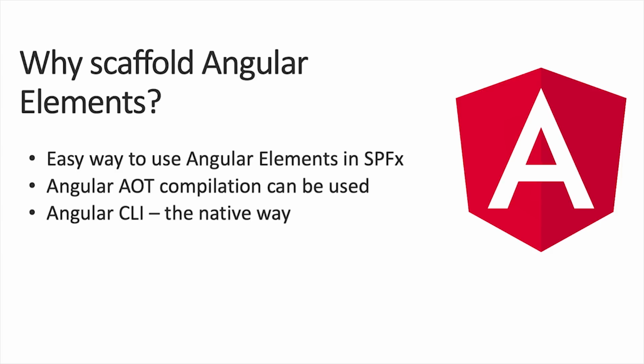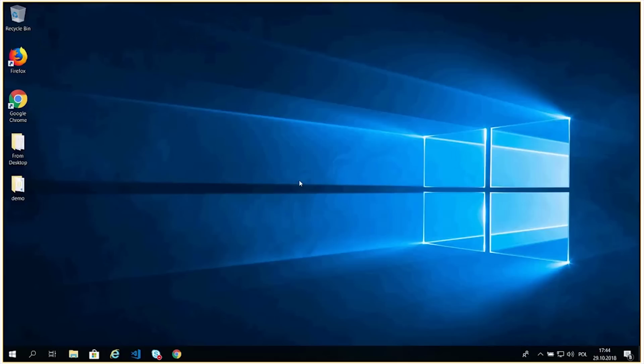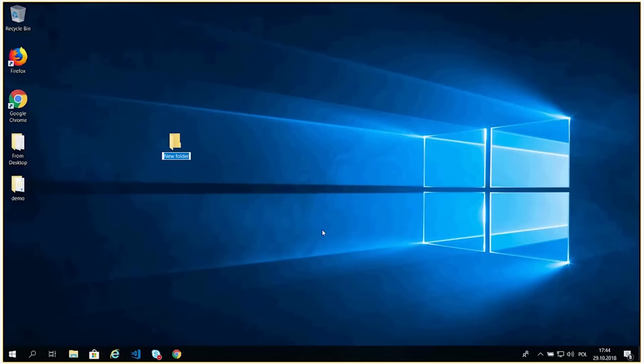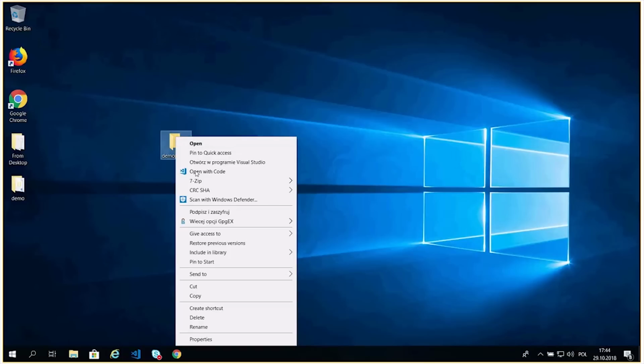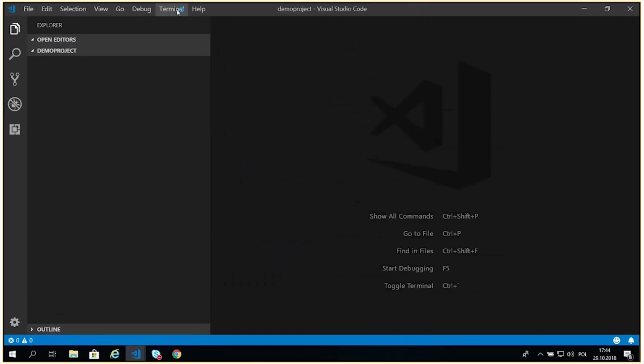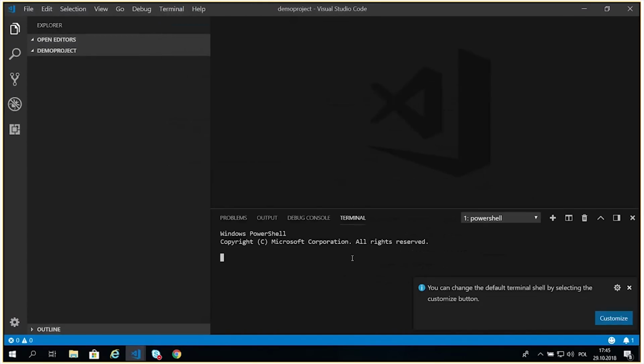I will share my screen. Okay, so we'll create a new Angular Elements project for SPFx. To do that, we'll create a new folder for this project. We will call it demo project. And we open this folder in Visual Studio Code. We'll open the terminal to create a new Angular Elements project for SPFx using